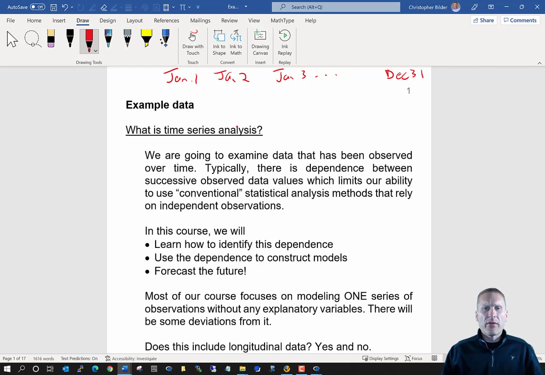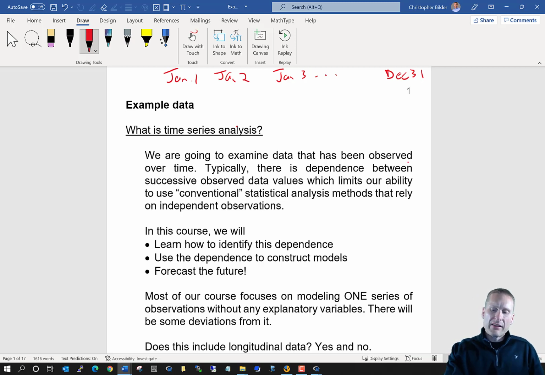Now, if we get away from, let's say, daily observations, maybe we think of quarterly or yearly, there's a lot of time series data that come about through, you could say, data that the government has collected, such as maybe the gross domestic product, or GDP, for a particular country. We often see that as a quarterly value. You could also look at, let's say, unemployment rate quarterly as well. So there's many different places where time series data comes about. The key is the data is a series collected over time.